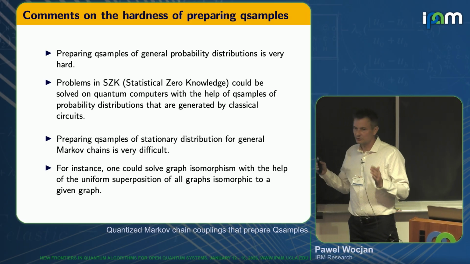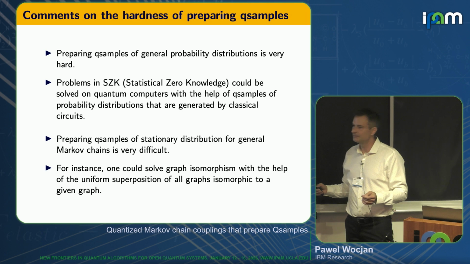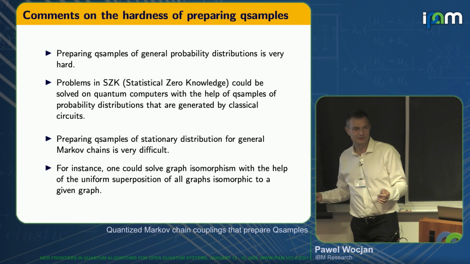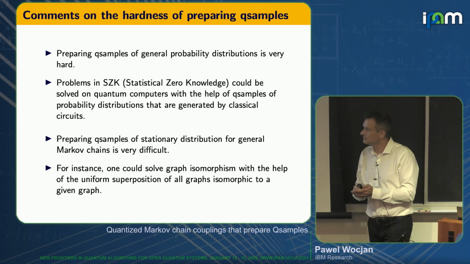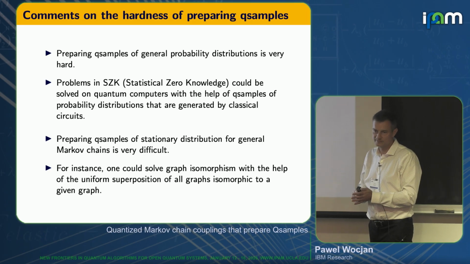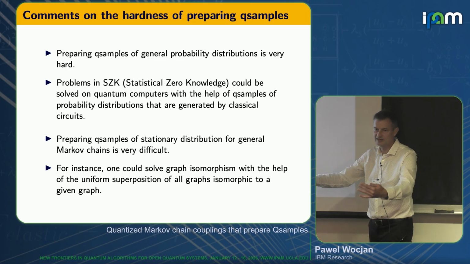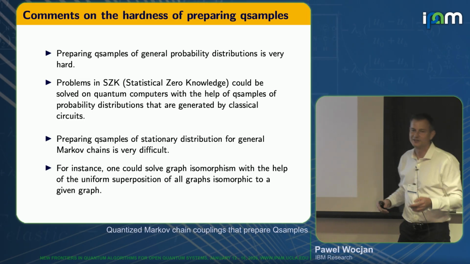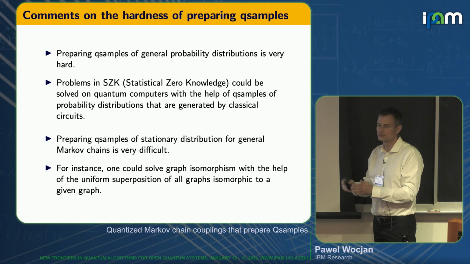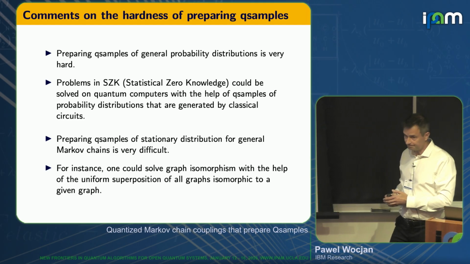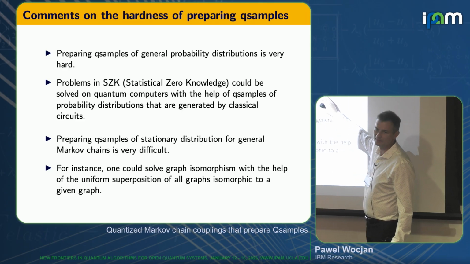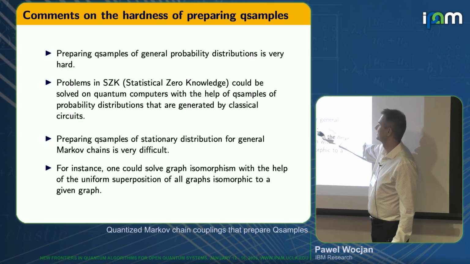But if we could create the quantum sample, you can maybe imagine that if the total variation distance between the probability distributions is small, then the corresponding Qsamples are going to have large overlap. So if you could create these Qsamples, you could do, I don't know, like the swap test, and then you could decide if these two probability distributions are close to each other or not. Okay, but the mechanism that is used for generating these samples is more general than